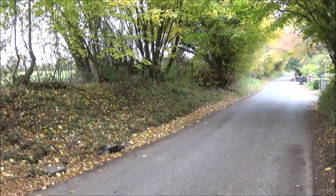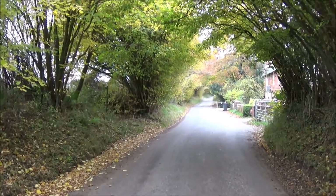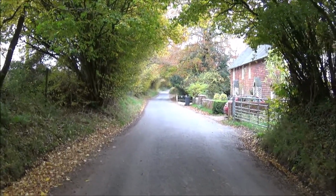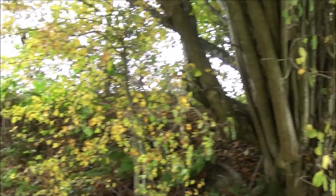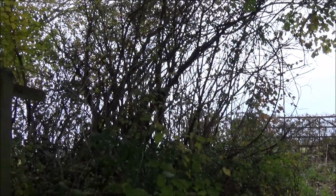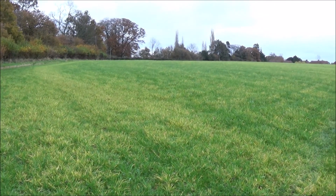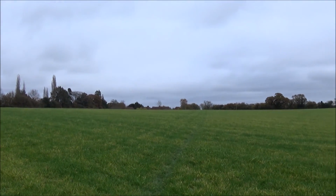And then almost immediately left, you'll see a footpath sign which is going to lead us up onto another footpath that runs parallel with the road. Opposite these houses, there's the footpath sign and a path that leads up onto the bank. We get to this point and we stop tracking the road and head off across the fields diagonally towards Nursted